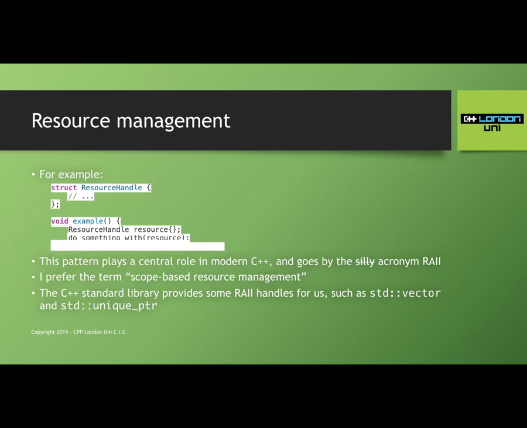If you have read a bit about C++, you might have heard of smart pointers. The most common one that people use is called unique pointer. The idea of smart pointers is that they use this RAII scheme to automatically free, release, destroy, delete objects when they go out of scope. That's what makes them smart.